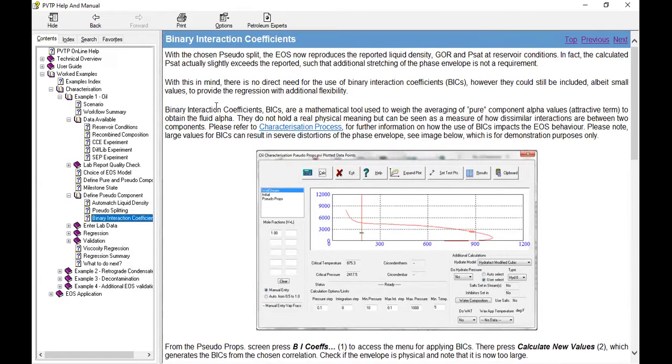Okay, binary interaction coefficients, BICs, are a mathematical tool used to weigh the averaging of pure components' alpha values. Alpha is the attractive term to obtain the fluid alpha. They do not hold a real physical meaning, but can be seen as a measure of how dissimilar interactions are between two components. Please refer to the characterization process for further information on how the use of binary interaction coefficients impacts